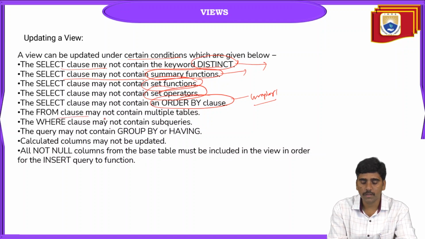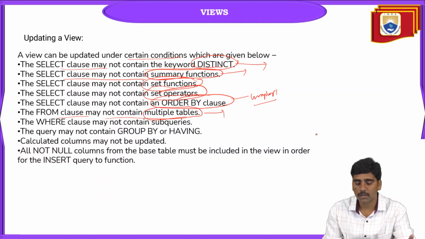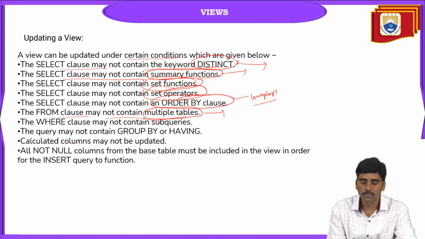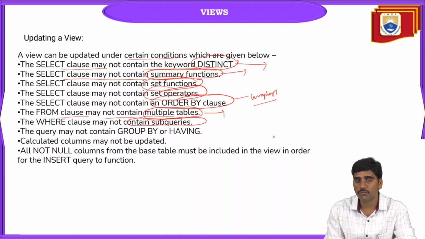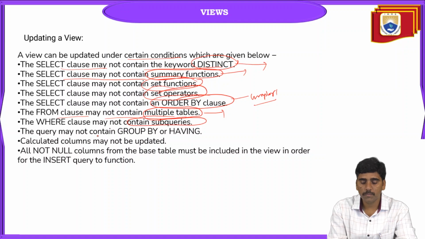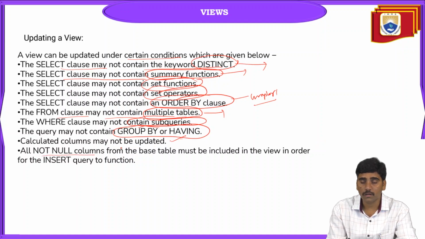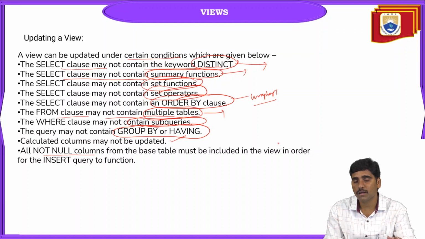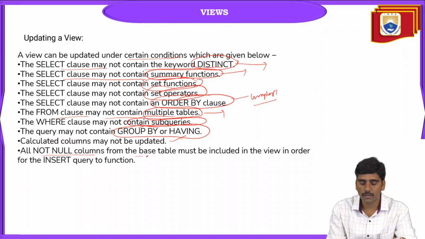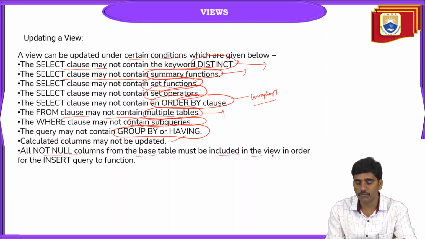The from clause may not contain multiple tables. The where clause may not contain subqueries. The query may not contain group by or having. The calculated columns may not be updated. And all not null columns from the database table must be included in the view,